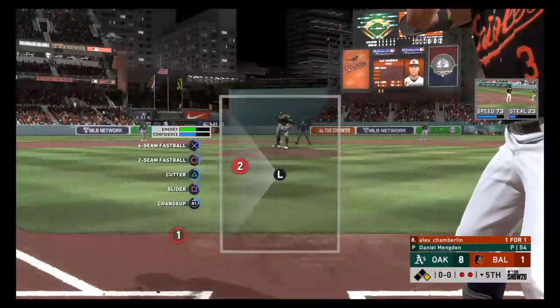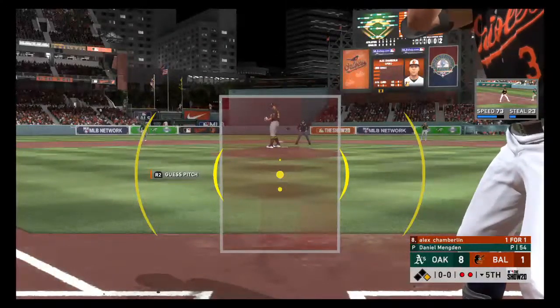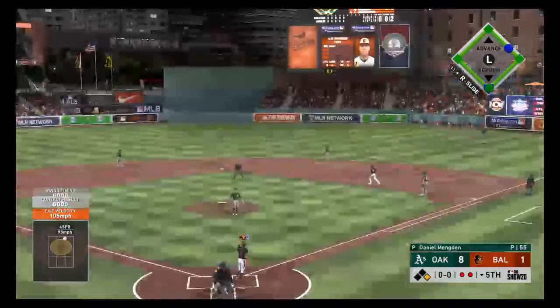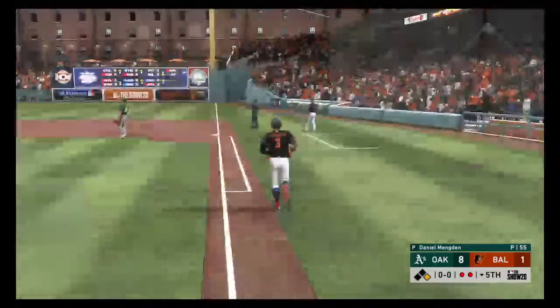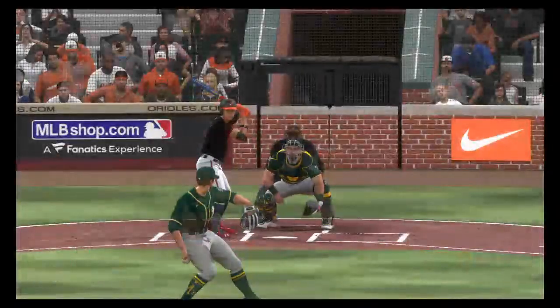In now for the O's, Alex Chamberlain. He reached on a single in his first try. Chamberlain. From the stretch. Swing, and there it goes. He got all of that ball. Goodbye home run. So that's his first home run in the big leagues, and it's fair to...